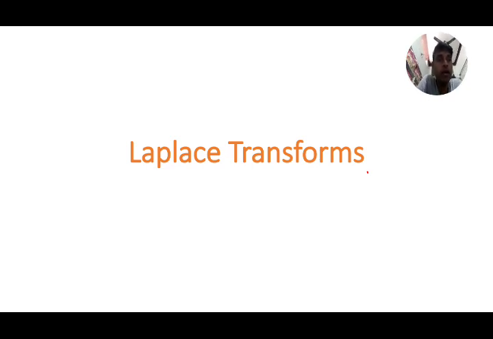Today we are going to learn the topic Laplace transforms. It is a very important chapter, an important unit in this semester. Based on this, in the next unit, inverse Laplace transforms also depends on this chapter only, Laplace transform. If you know it perfectly, then we can easily follow the next unit also. So concentrate on this topic.